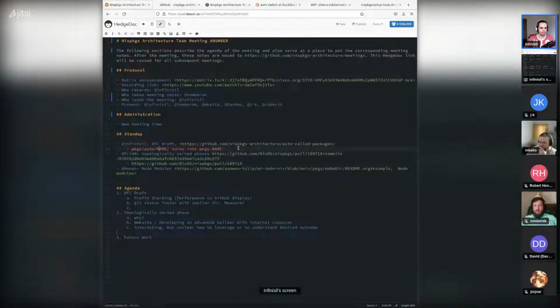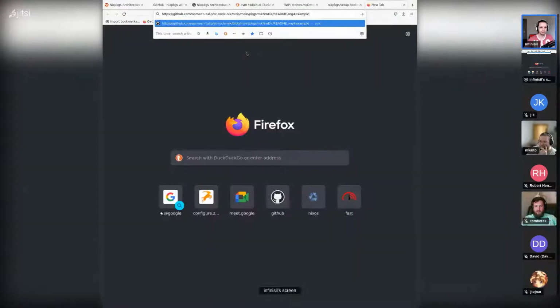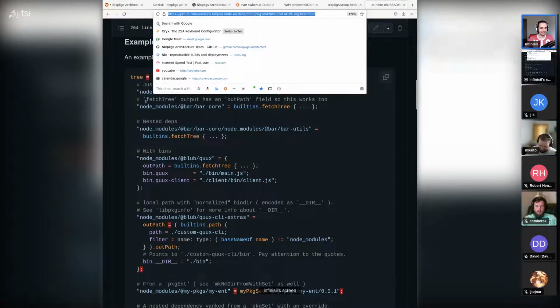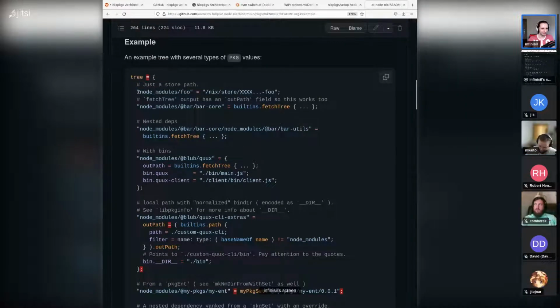I think let's also quickly look at the other thing from Amen. He made this node modules builder. Let's quickly. Brownie points for using org mode for the readme. Nice. Yeah, so